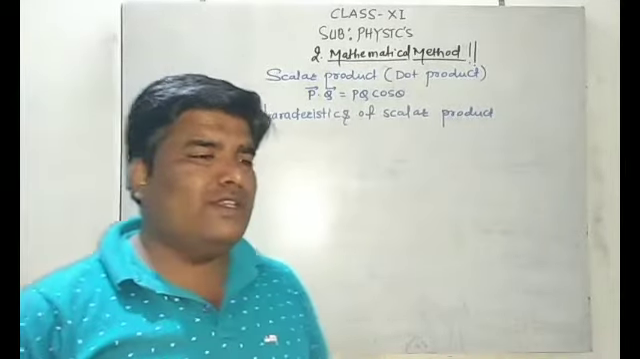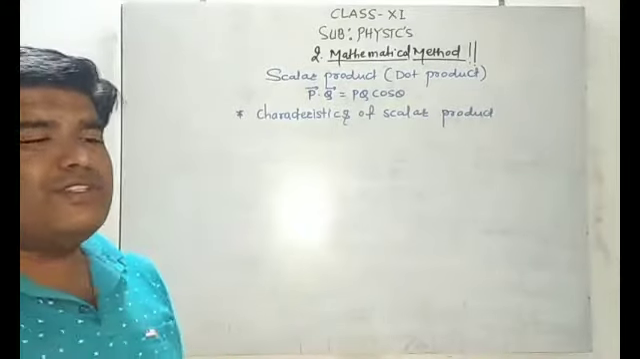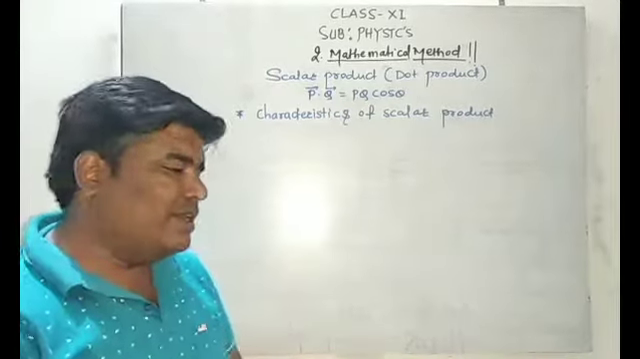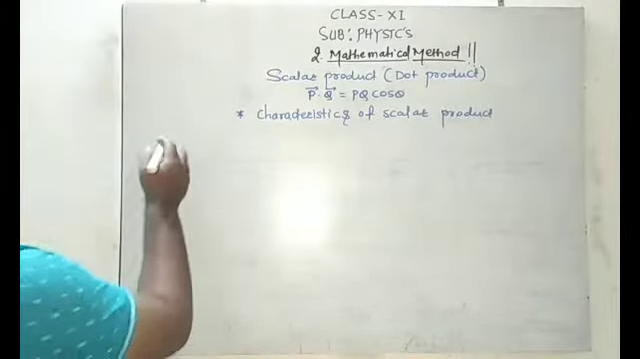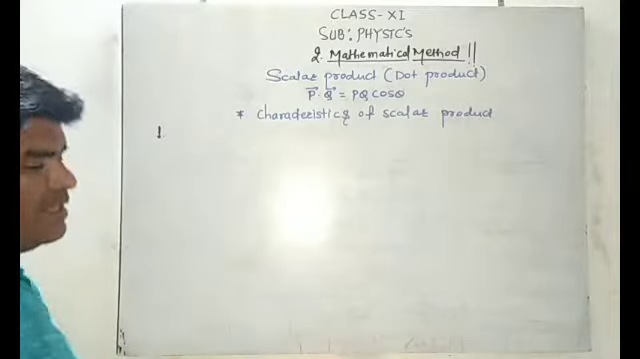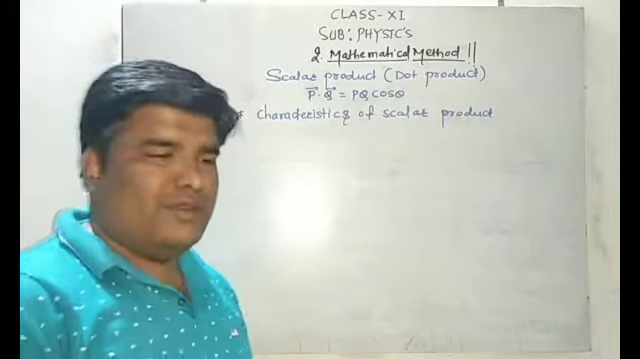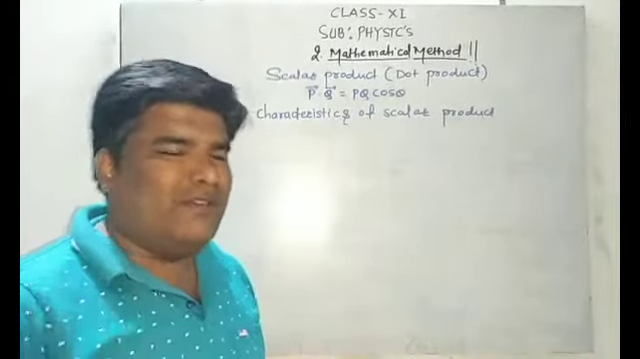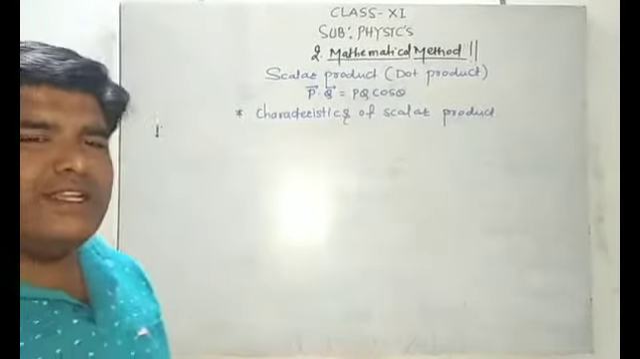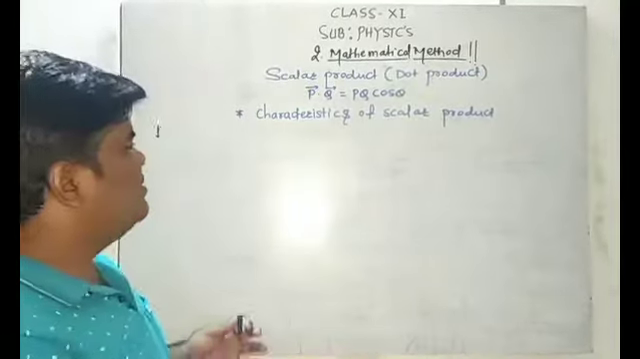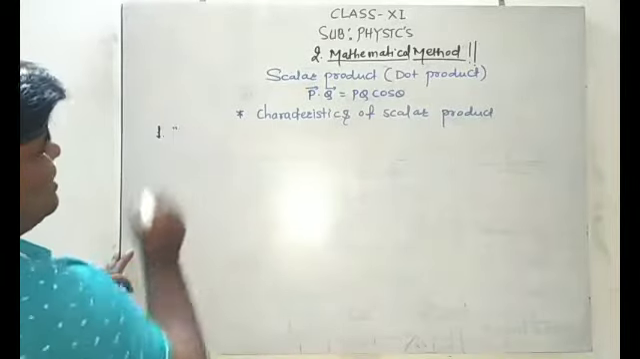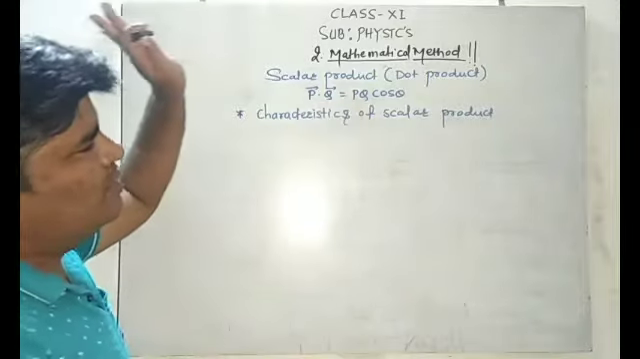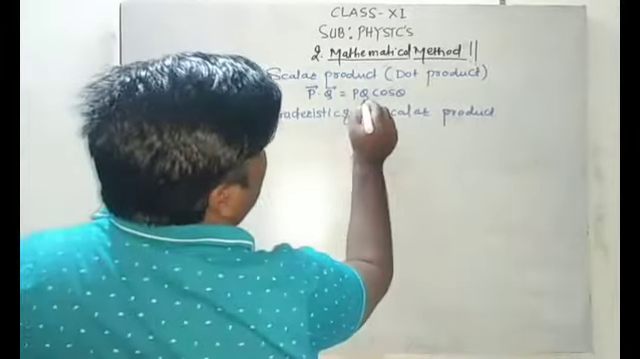So next in this lecture we discuss the characteristics of a scalar product. What are the different characteristics of a scalar product? The first characteristic of a scalar product is nothing but the definition of a scalar product. So we have seen one definition of the scalar product, that is, when two vectors are multiplied with each other and the product is a scalar, it is called a scalar quantity. Another definition is by this formula: P bar dot Q bar is equal to PQ cos theta, where this Q cos theta